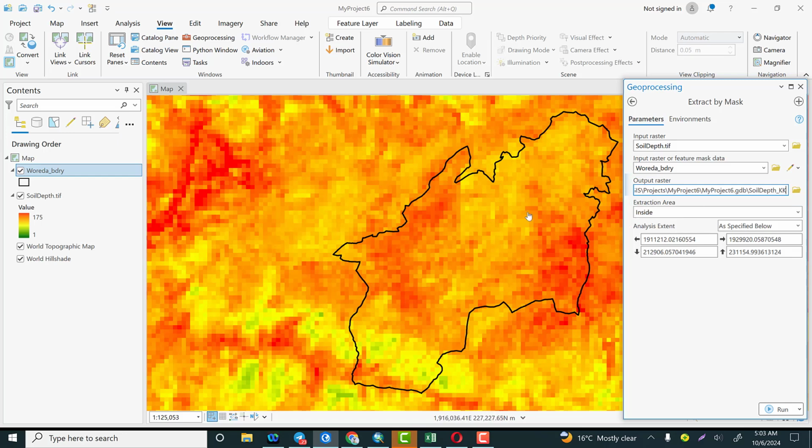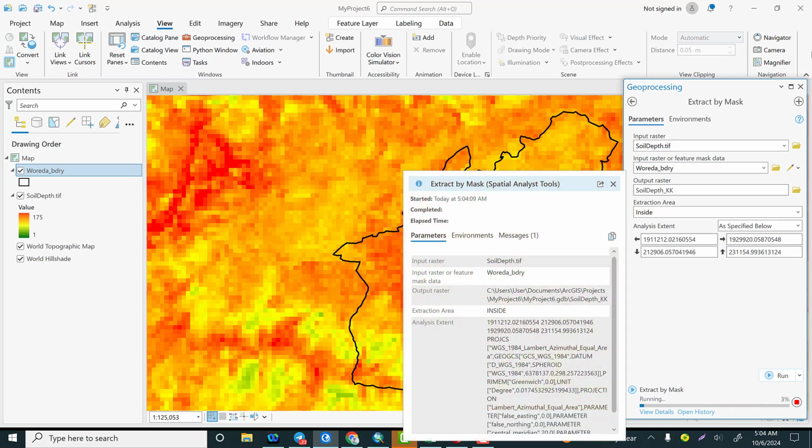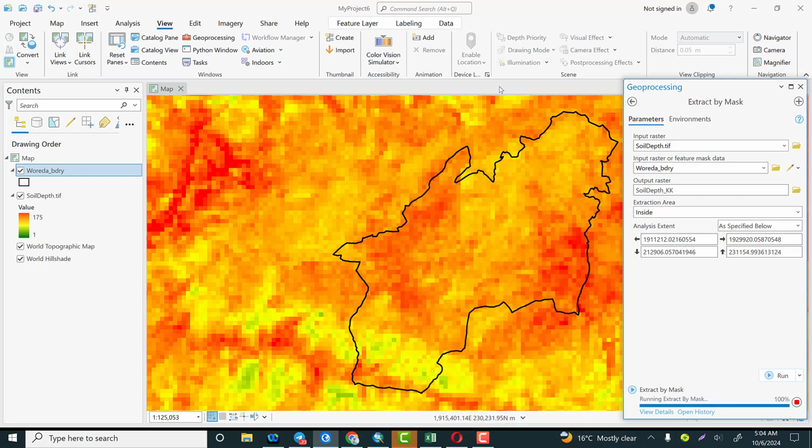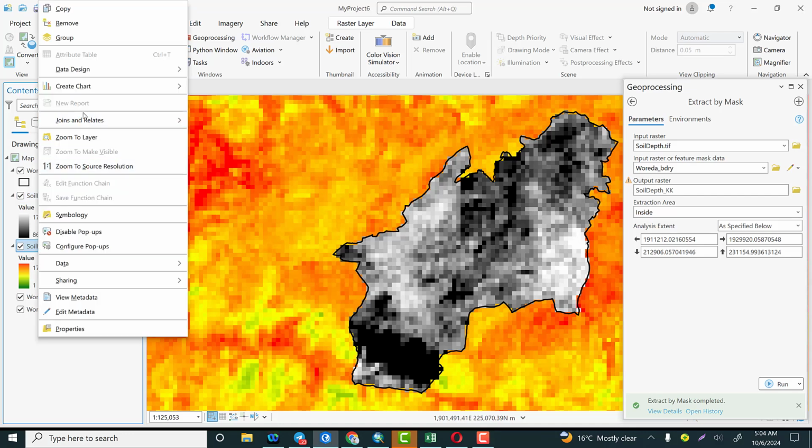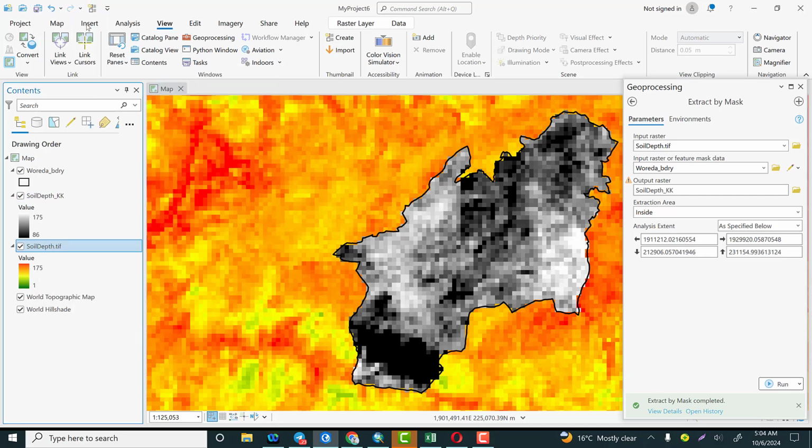Extract area is inside the administrative unit, and the extent indicates the minimum and maximum extent of this administrative unit. Then hit run to get the clipped data of soil depths. This is the dataset that I have clipped from the larger dataset. Once you have the required dataset, let me remove the larger dataset because I am not interested in using